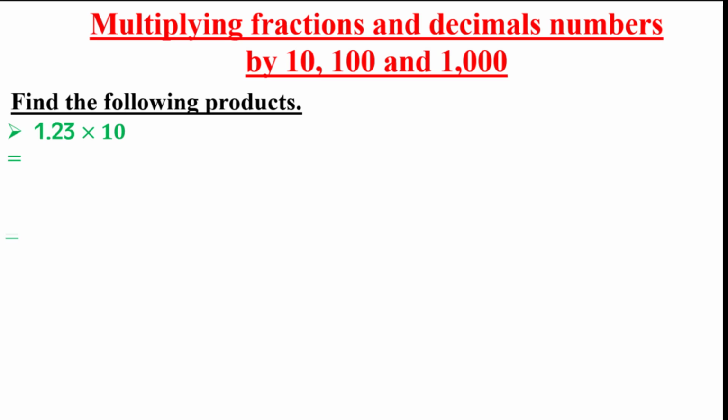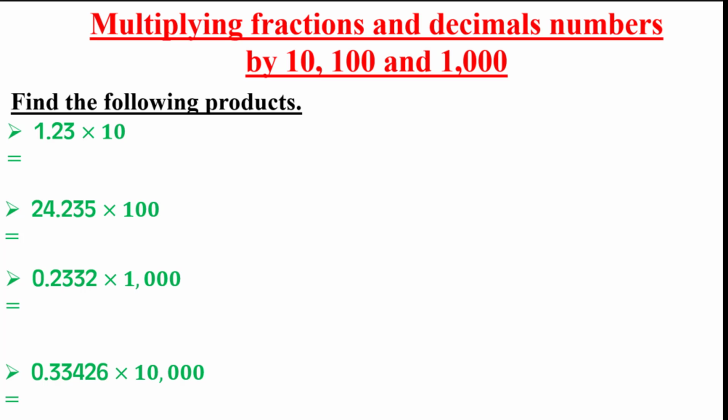Multiplying fractions and decimals by 10, 100 and 1000. The first step, we have here 1.23 times 10. To multiply a decimal number by 10, by 100, by 1000, just move the decimal point to the right according to the number of zeros. We have here 1 zero. We will move the decimal point one decimal place to the right, so the point will be between 2